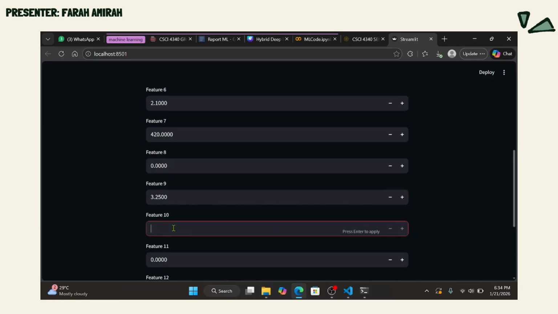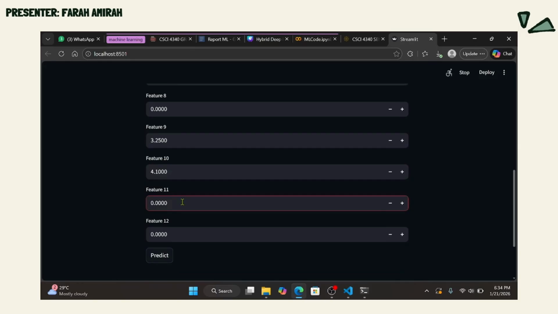Feature 10 is maximum load, which is 4.1. Feature 11 is minimum load, which is 2.8. And feature 12 is load at previous hours, which is 3.1.